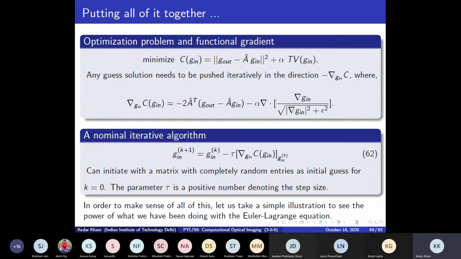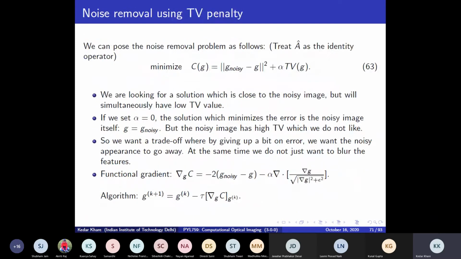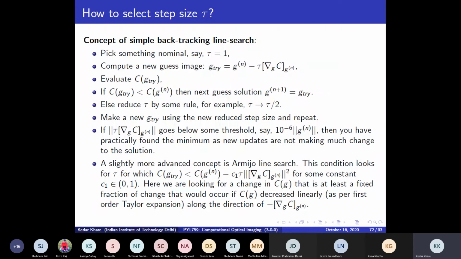So if you are thinking about a curve which is a cost function, and I know that from where I am there is a minimum, but if I go too far, then I can pass the minimum, and my minimum will actually not be attained, but I will cross the minimum and go ahead. So to make sure that you are actually reducing the cost function, there is this process of line search that we will follow.